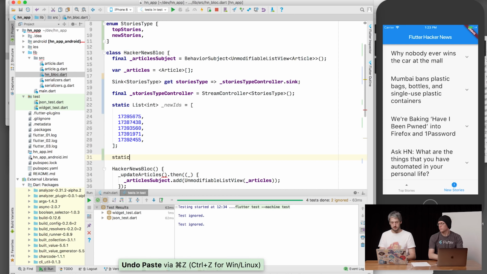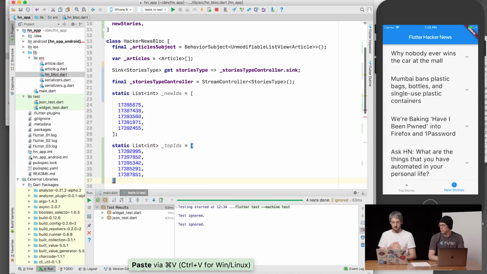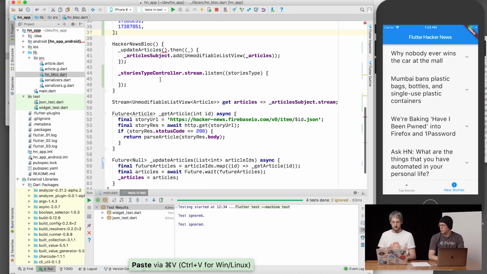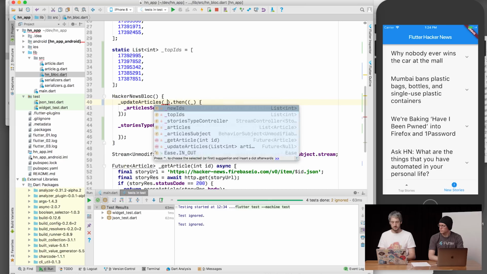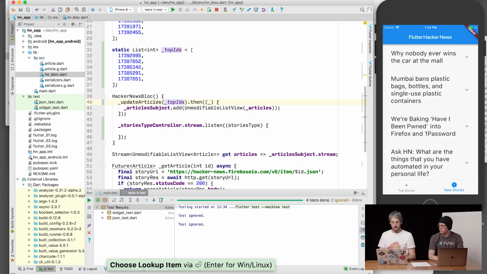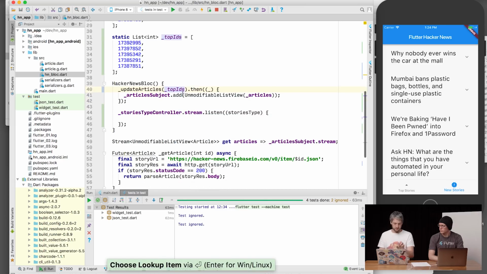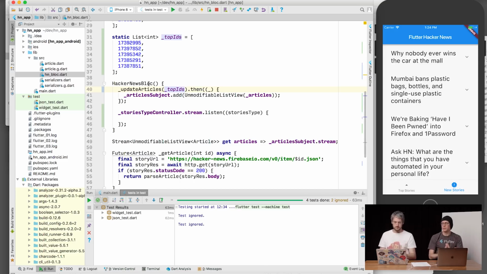static list of top IDs, and here by default we're doing the top stories, so top IDs. And then, so that's the first one. So when we create it, it populates it with top. Yep. And then here we're listening to that, and we're doing